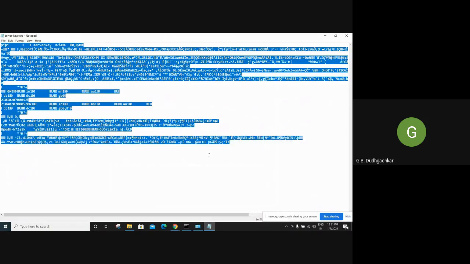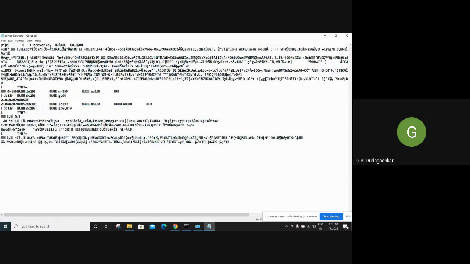If I ask you to read all these things and tell me what is written, only server key I can read here. That is my alias. With this name I can search, but it is difficult. See here, MH is there, GB is there, AU is there, MH1 is there, IN is there, but other information I can't read. So this is the cryptography. Now how can I read all these things? So difficult.